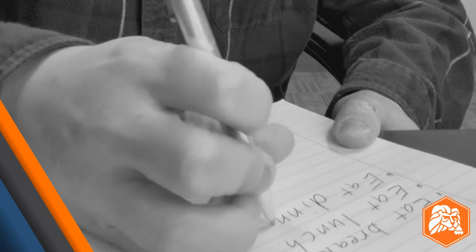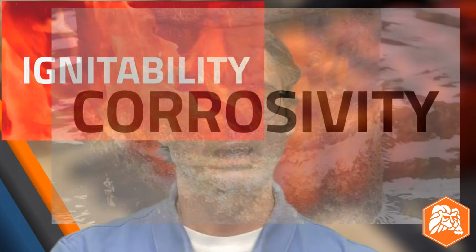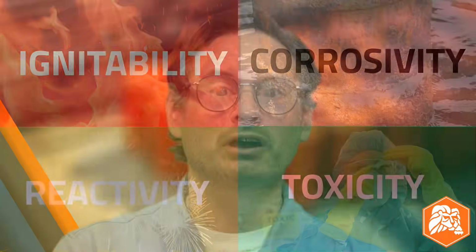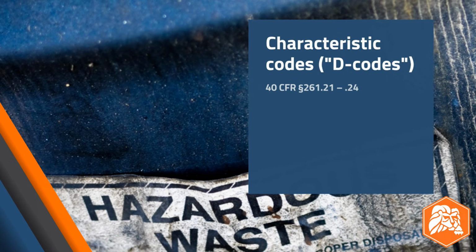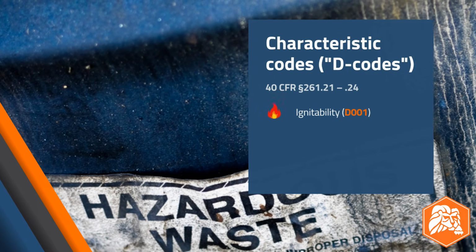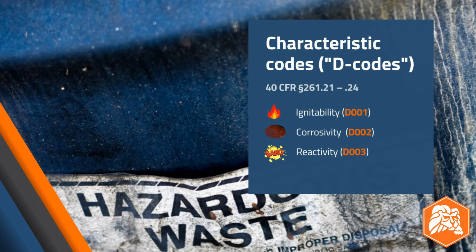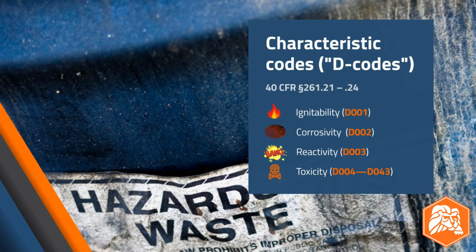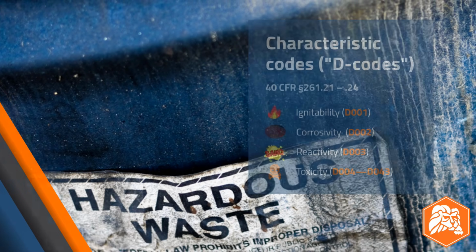In fact, I shared a list with you in our last RCRA Answers video when we talked about the 4 characteristics of hazardous waste: ignitability, corrosivity, reactivity, and toxicity. In that video, we covered the hazard criteria for each of those characteristics and the RCRA waste code or codes associated with each one. Those characteristic codes, or D codes, provide information about the hazard or hazards of the waste. They tell us about the nature of the danger, whether that's a fire, damage to skin, a dangerous chemical reaction,